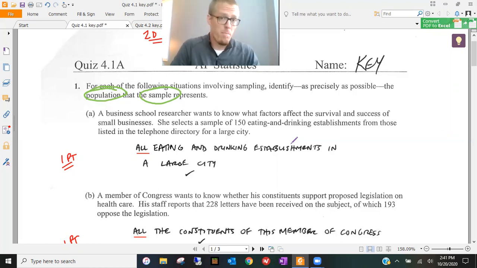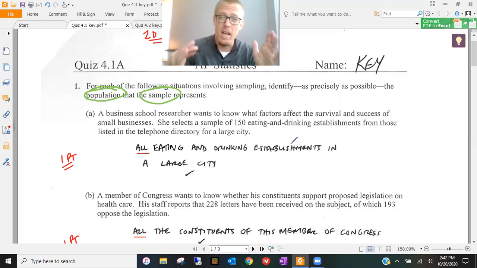Now, populations can be big, obviously. In the year 2020, in the United States, for instance, we're supposed to have a census. That's the study of every single individual citizen of the United States. That's a population. We get a population survey, and that's a huge population. Obviously, where I'm living right now in Pennsylvania, the population is much smaller, but it's still a valid population if that's all I care about.